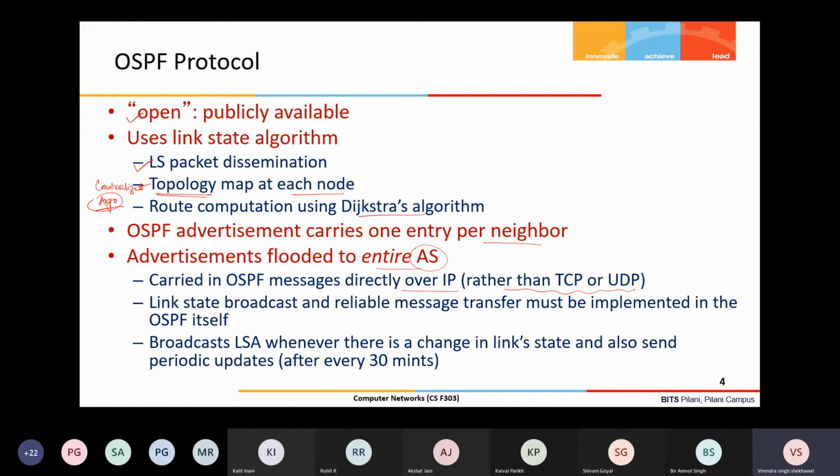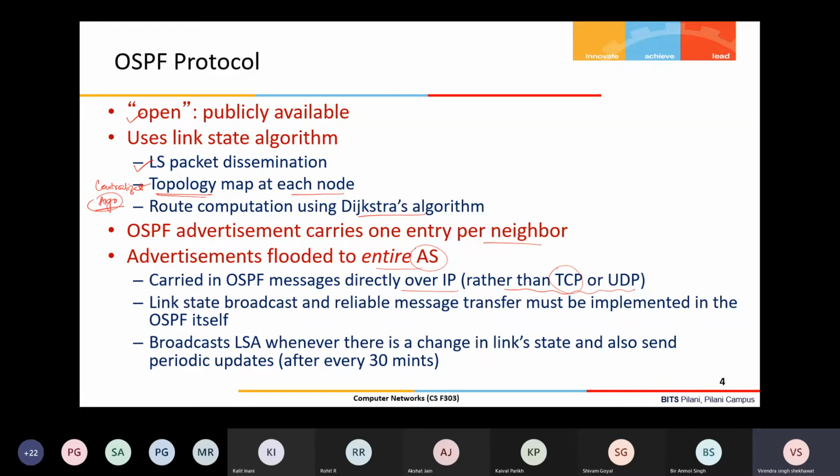Because no TCP or UDP connection is required, it is faster. That's one advantage, because one layer is removed, so the messages move faster and can be disseminated in the network more quickly.